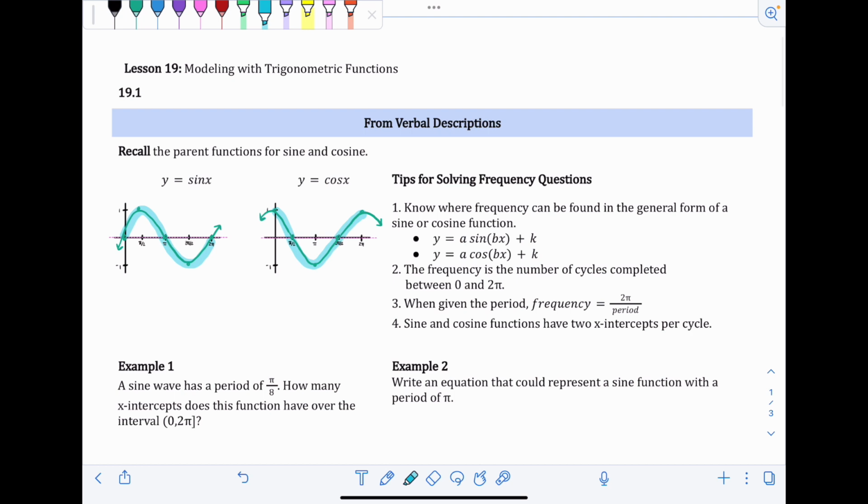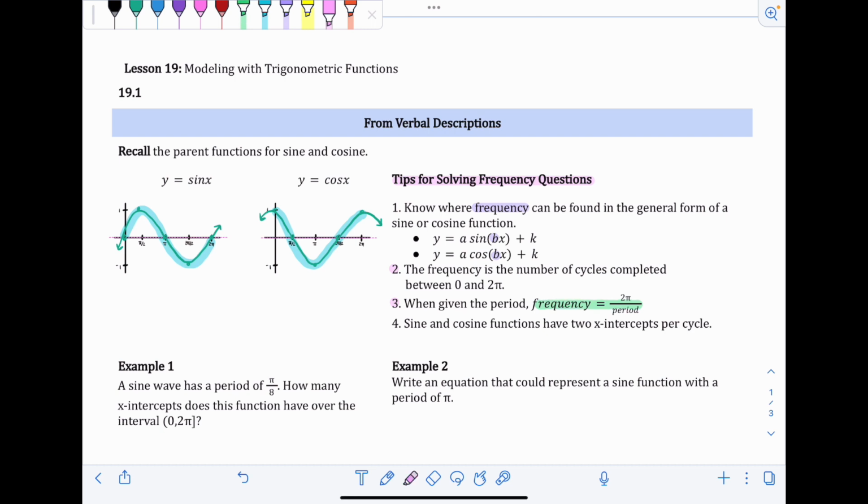Okay, so here are some tips for solving not just frequency problems, but a lot of these modeling problems. The first one is a review of the general form and how to locate frequency in there. In the general form, we use b to represent frequency, which ends up being the coefficient of x. If you don't see a number there, then the frequency would be 1. Number 2 is a quick refresher on what frequency is. The frequency is the number of cycles completed between 0 and 2 pi. How many times does the pattern repeat itself? 3. When you're given the period and you need the frequency, you can use frequency equals 2 pi over the